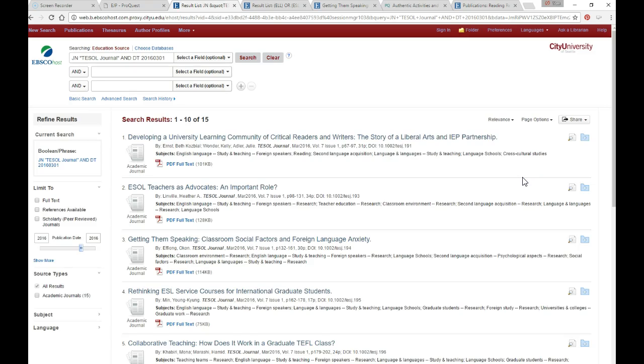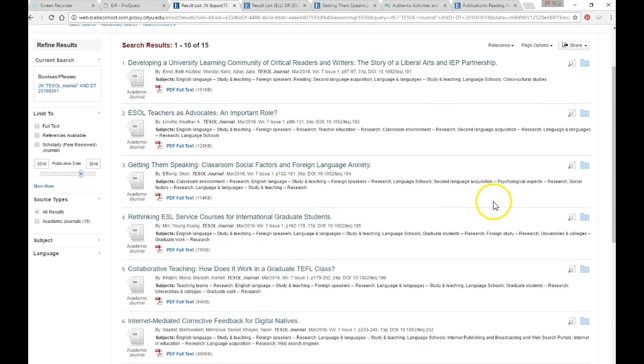This takes you basically to the table of contents for the TESOL Journal Volume 7, Issue 1. These are all of the articles that were included in the journal. And as I said, sometimes you'll see that there are specific themes that the journal is focusing on. Sometimes the articles don't follow a particular theme and they're more varied, but it can be helpful to just view